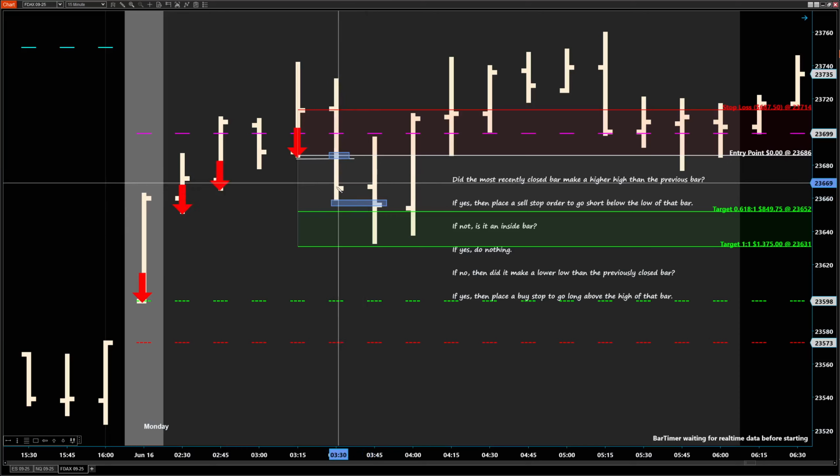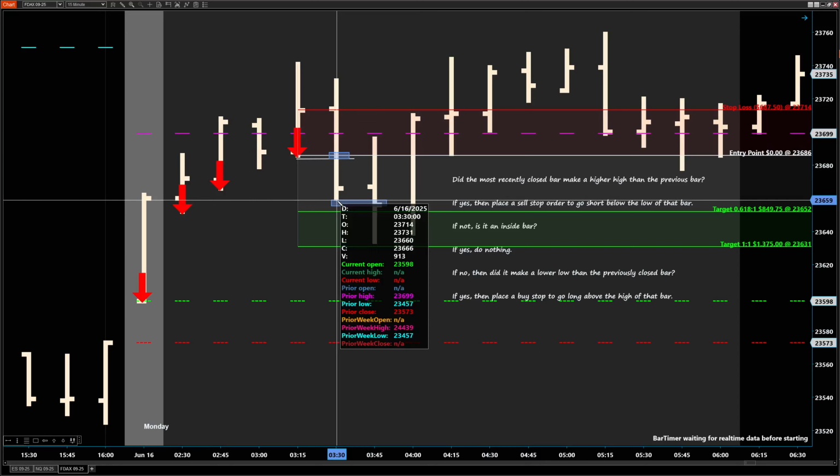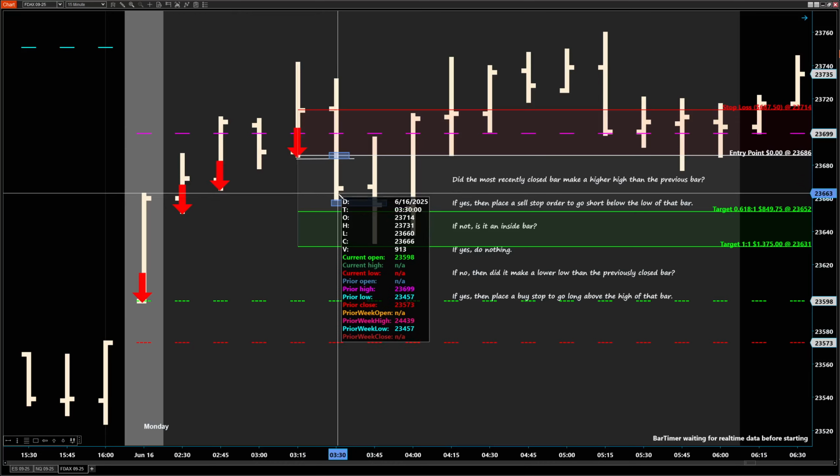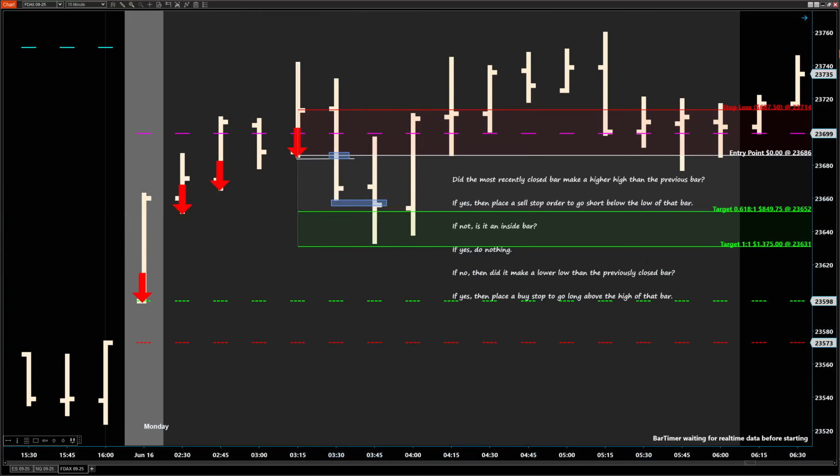If you wait for this bar to close and put a sell stop one tick below, look what happens. You're going to sell short at 23,659, and your profit target is 652. Sorry, I had to pause the recording for a moment there. So you would be getting in very near your profit target,